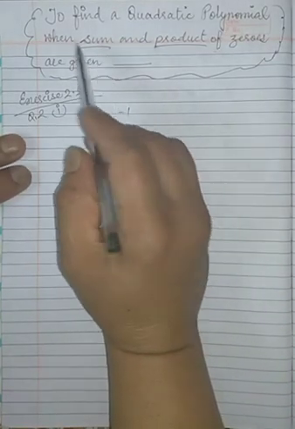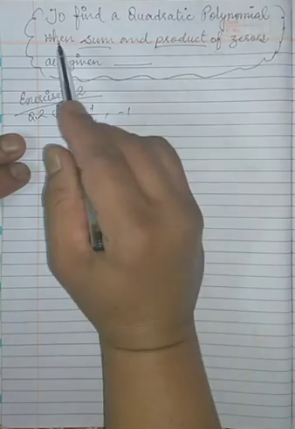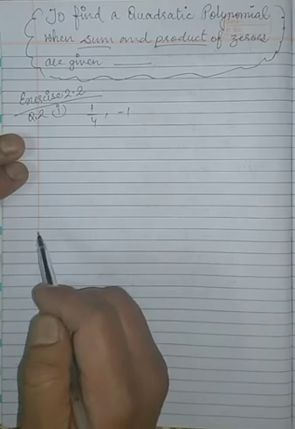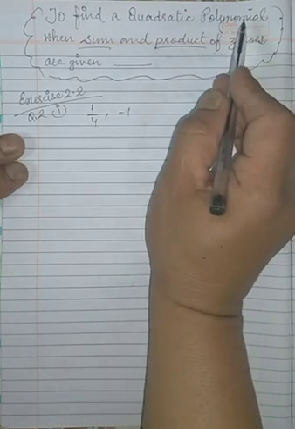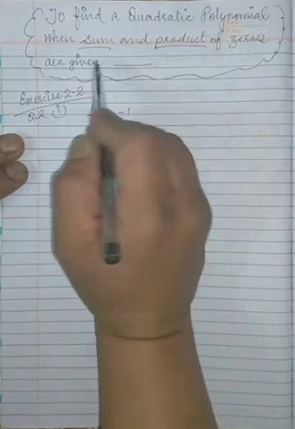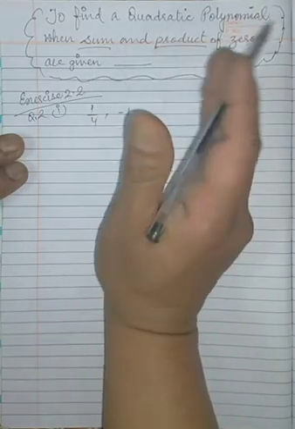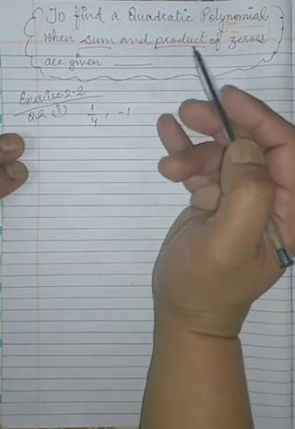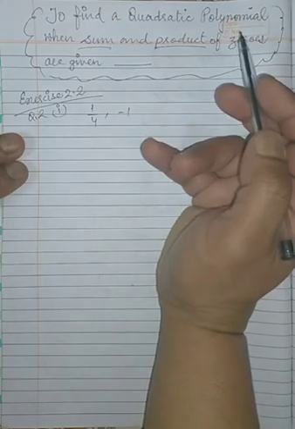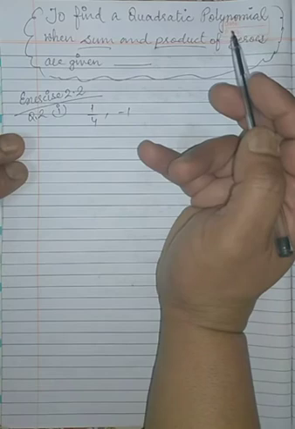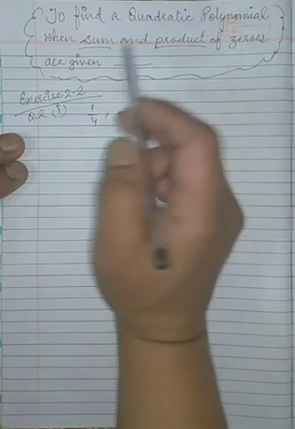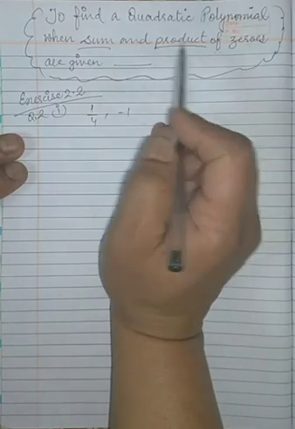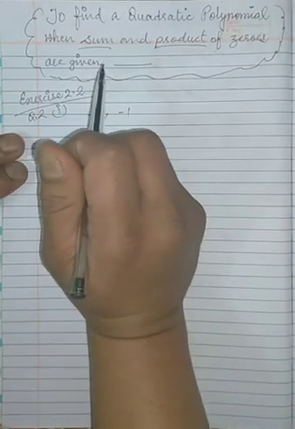In this video, we will see how to find a quadratic polynomial when the sum of zeros and product of zeros are given. Okay, we have to form a quadratic polynomial when the sum of zeros and product of zeros are given in the question. This is just the reverse of the question in which we are given a polynomial and from that we find out the zeros of the polynomial by factorization, and then we find out the relation of sum of zeros and product of zeros. Here in this question, sum of zeros and product of zeros will be given and we have to find a quadratic polynomial.